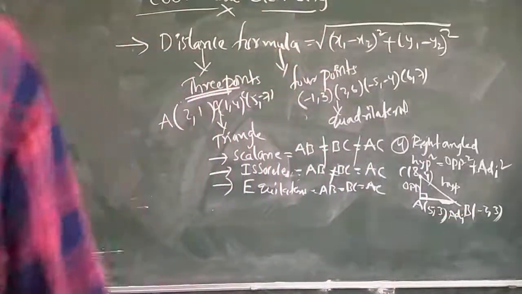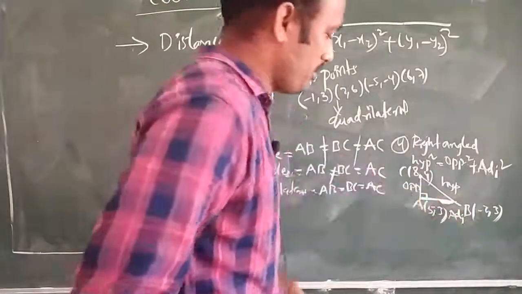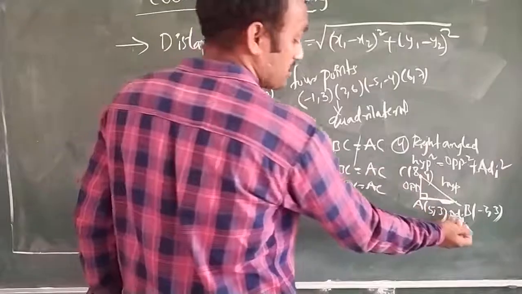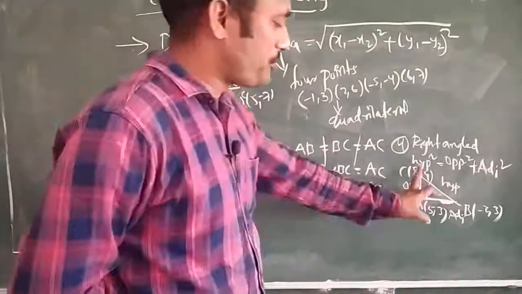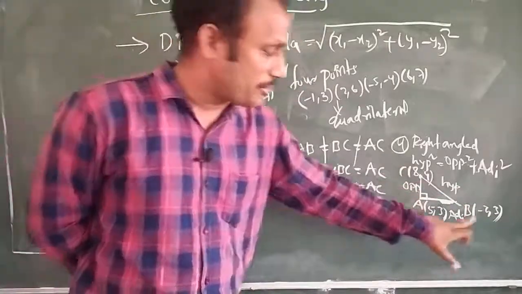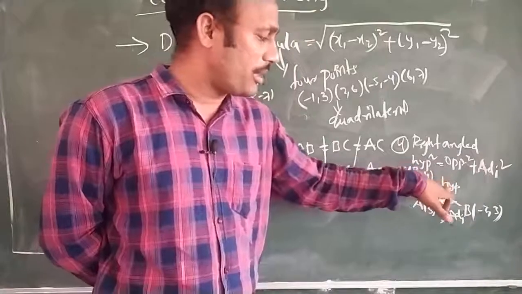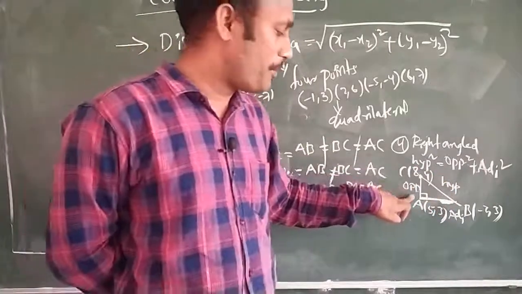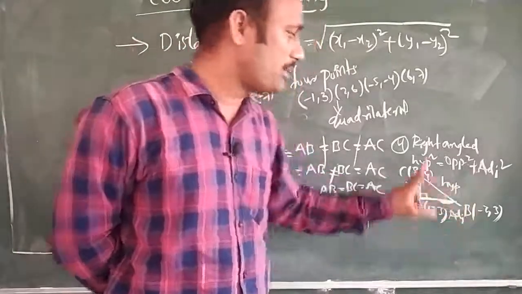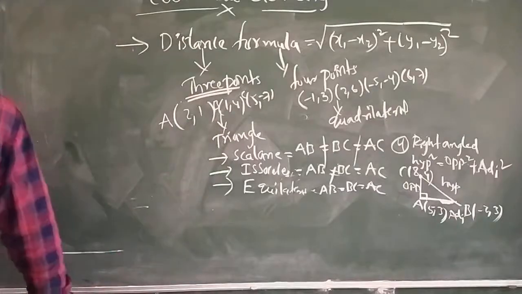So, hypotenuse square is equal to opposite square plus adjacent square. We first use the distance between these 2 points, we will get some value, and afterwards the other distances as well. After getting the 3 distance values, we check that the hypotenuse square value must be equal to the opposite square value plus the adjacent square value. If we are getting equal, then I will call it a right angle triangle. The given points form a right angle triangle.